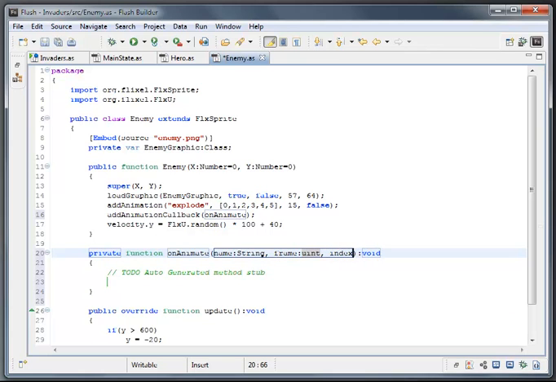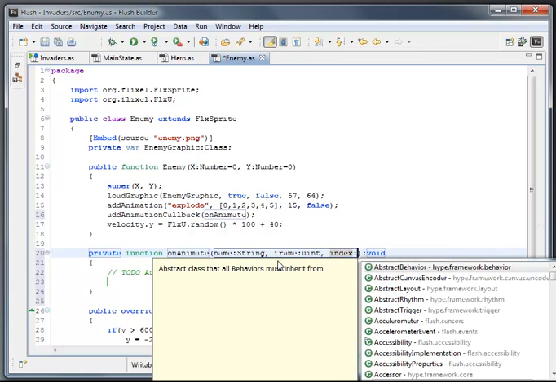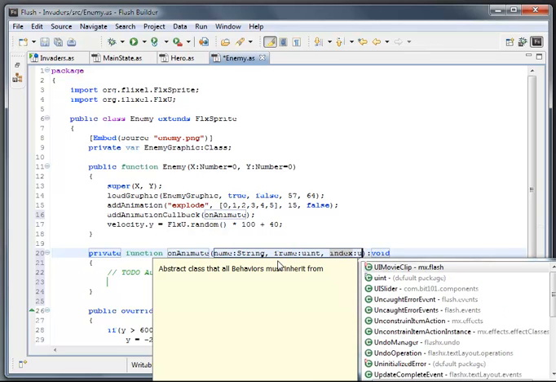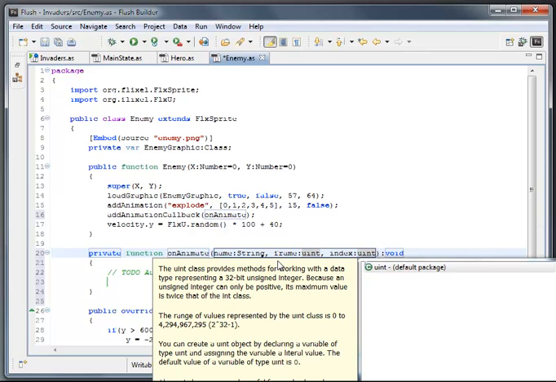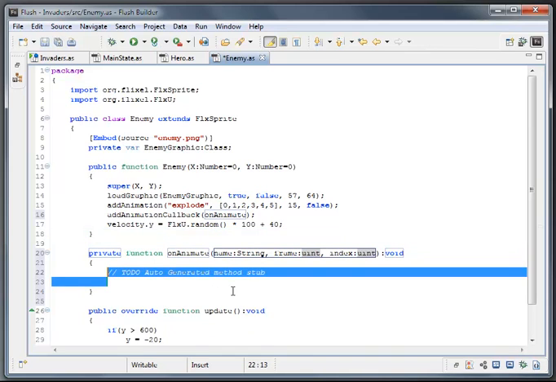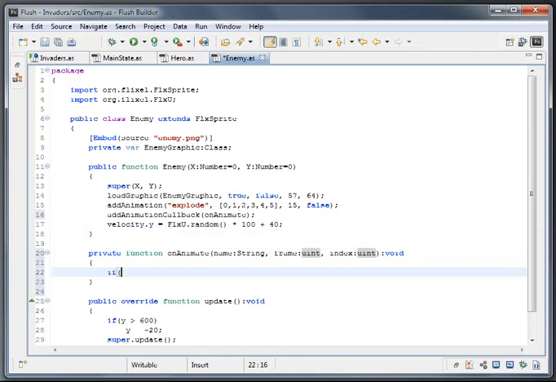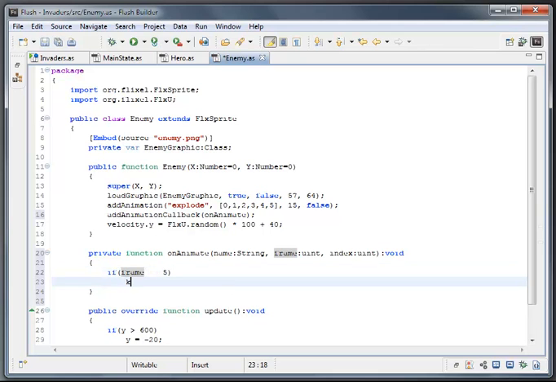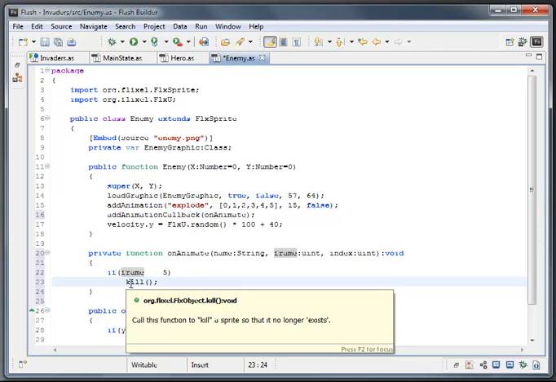And then index is how many into the sprite sheet this current frame is. So all I'm going to do inside of here is to check if frame is equal to 5, then I'm just going to kill this object. So Flixel sprites all have a method called kill, which if you call that method, it will basically remove this entire